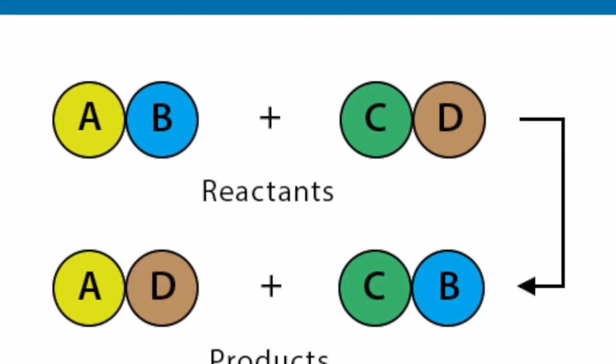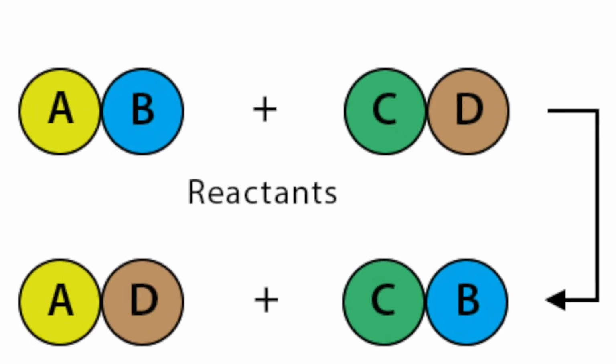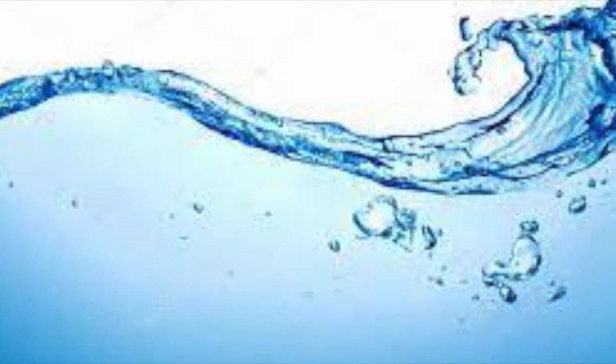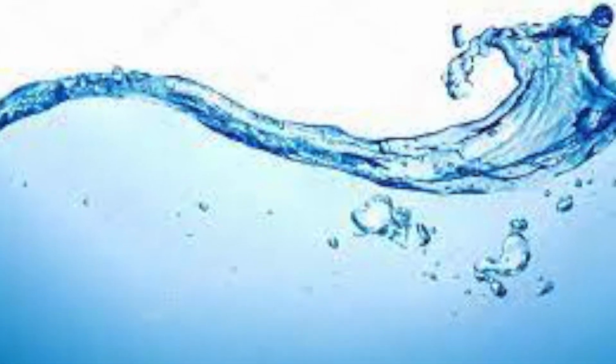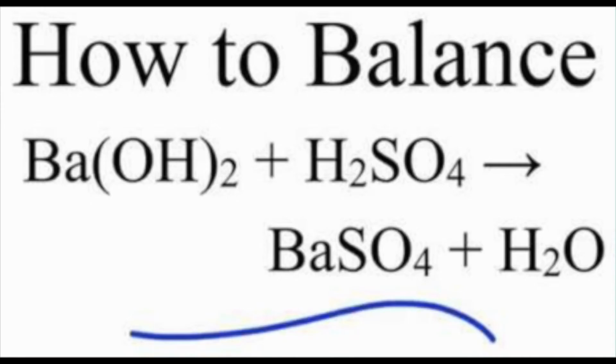The next reaction is the double replacement reaction. This is when ions from 2 reactant compounds switch places. In the real world, one example is the reaction of sulfuric acid with barium hydroxide to produce barium sulfate and water. In the equation, on the reactant side, there are the 2 compounds